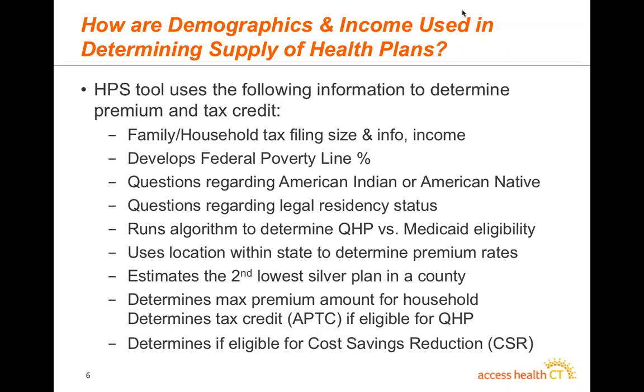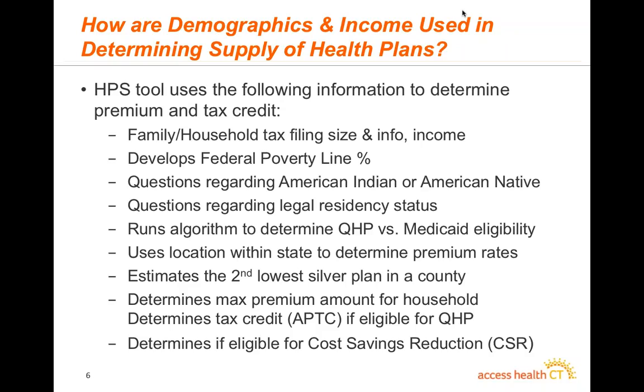I will show you how we use the federal poverty line, which kind of drives the system. If your income is above 138% of the federal poverty line but under 400%, you are eligible for some kind of subsidy. We also make sure that we